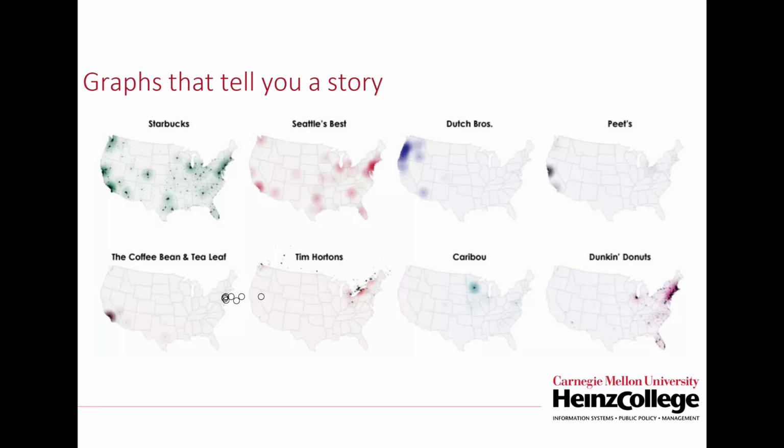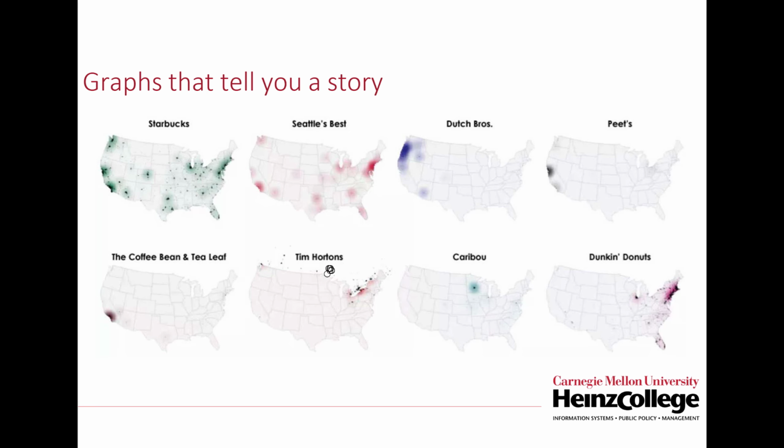These are many of the most popular coffee vendors in the country. So Starbucks is kind of the most widespread. It's all over the country. Seattle's Best is also all over the country, but not nearly as popular as Starbucks. In the Northwest, there's apparently an outfit called Dutch Brothers, which I personally have no familiarity with. And then on the West Coast, there's Pete's and the Coffee Bean.